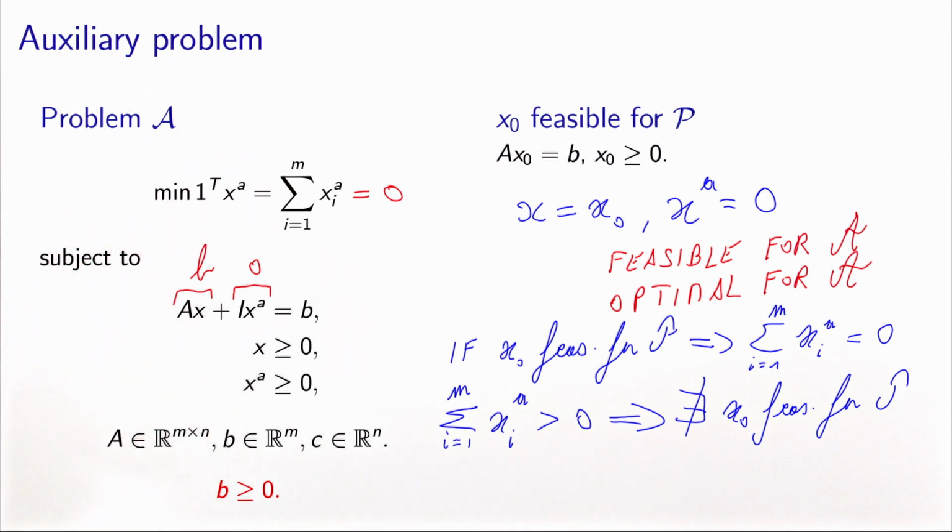If we solve problem A and find an optimal solution such that the auxiliary variables are 0, the values of x will give us a feasible solution for the original problem. After we have solved problem A, if some of the auxiliary variables happen to be strictly positive, then we can conclude that the original problem has no feasible solution. It's an incompatible problem. And then we can stop. There is no need to solve it. There are absolutely no values of x that verify all the constraints.